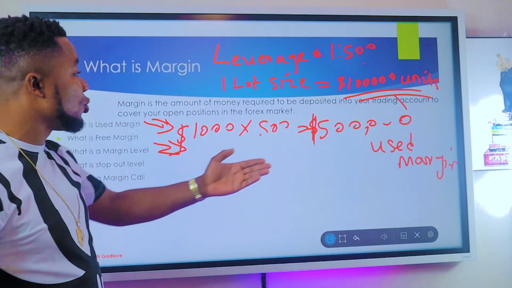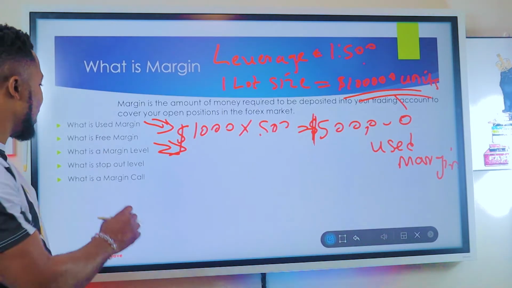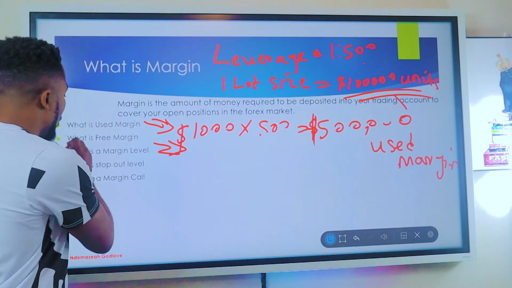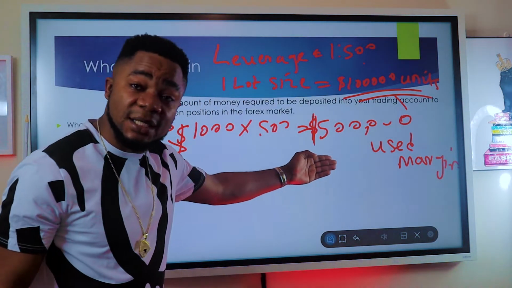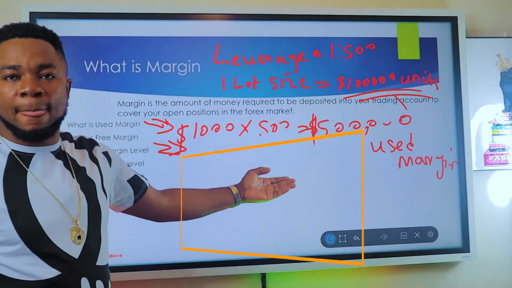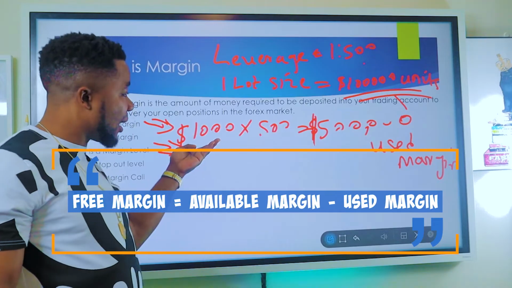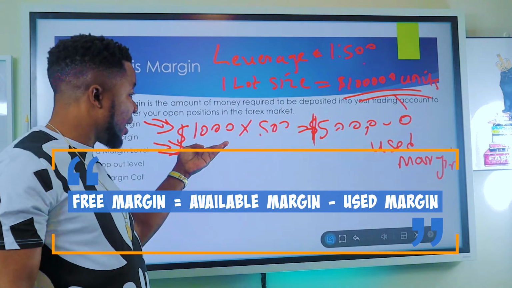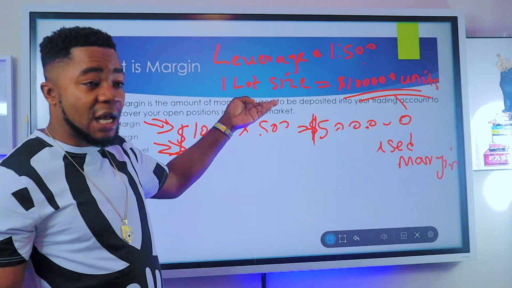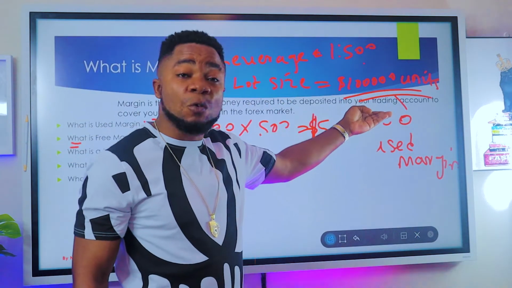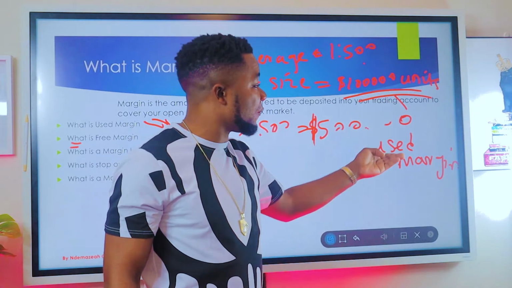So now, since we've already used 100,000 out of that 500,000, what is free margin? You can see here we have free margin. As explained, free margin is just your available margin minus the used margin. As simple as that. Your available margin was your account balance times the leverage, and it was 500,000. You've placed a trade of a standard lot, and to place that trade you needed 100,000 units of the base currency. So if you subtract this 100,000 units from 500,000,